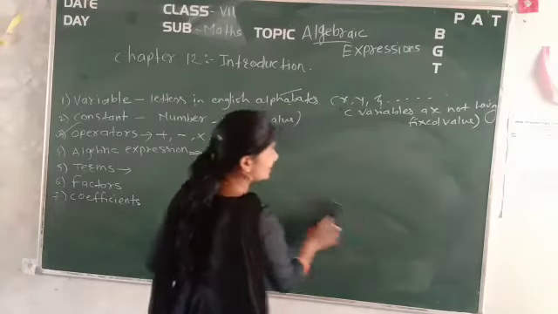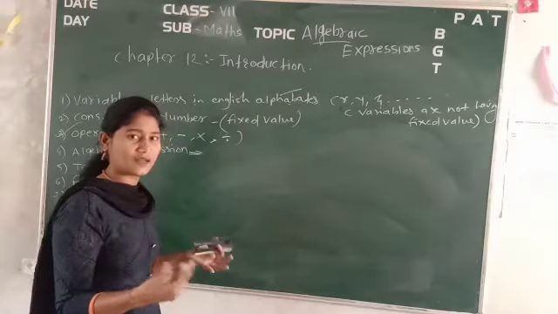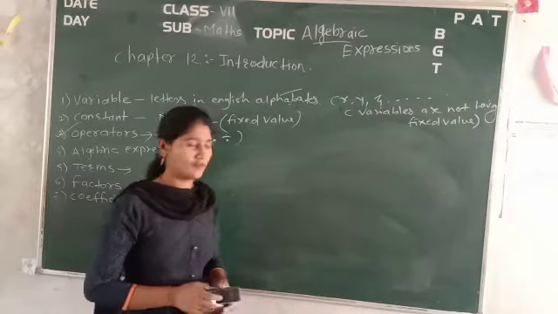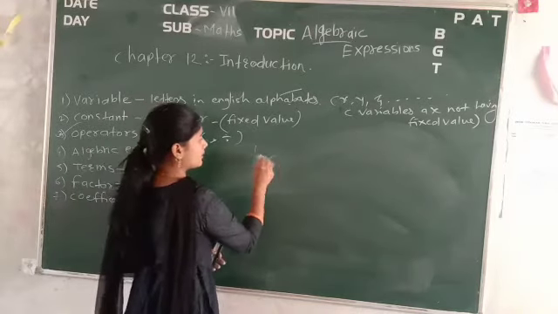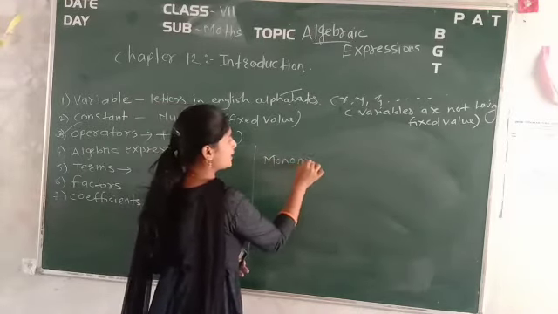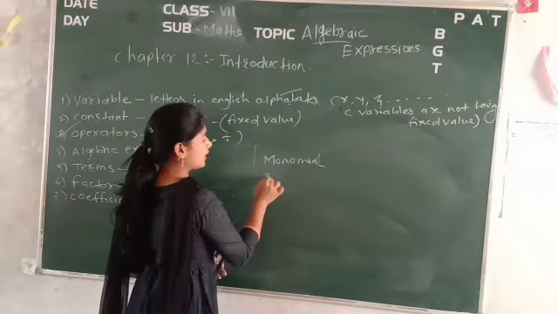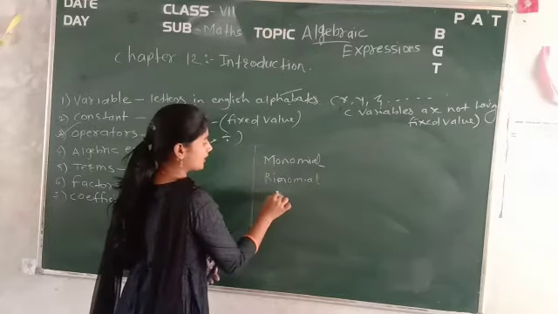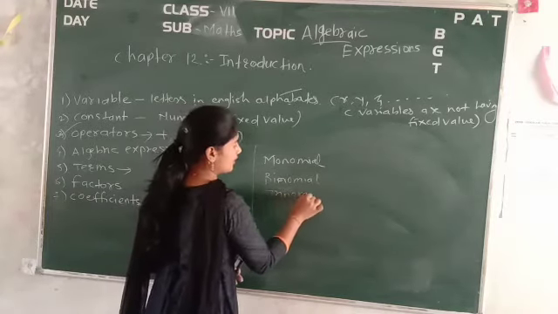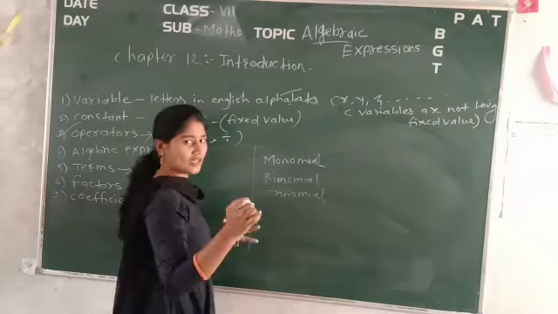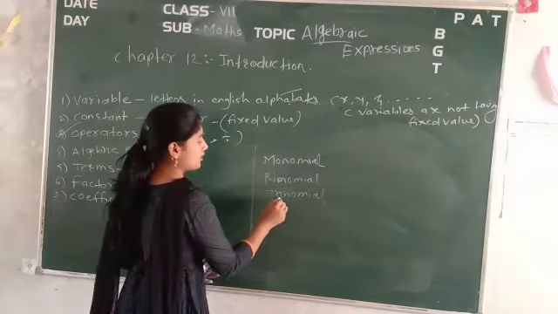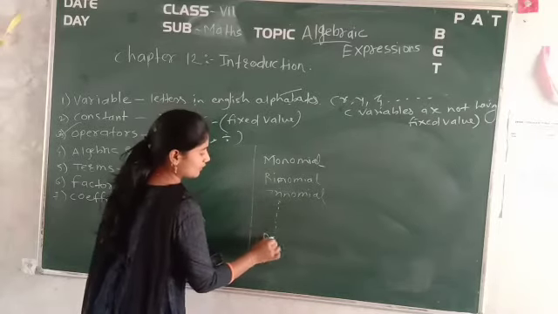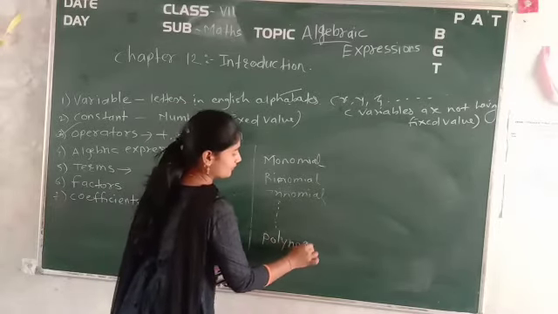So combining these terms, if many terms are gathered together, they form what we can call polynomials. If there is one term, it is called a monomial. If there are 2 terms, it is called a binomial. If it has 3 terms, it is called a trinomial. If it has more than 1 term, we call it a polynomial. So if we are finding 4 terms, 5 terms like that, it will form a polynomial.